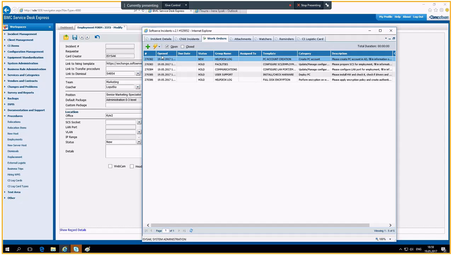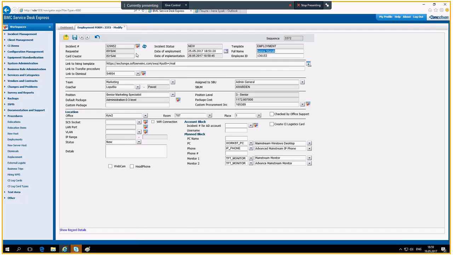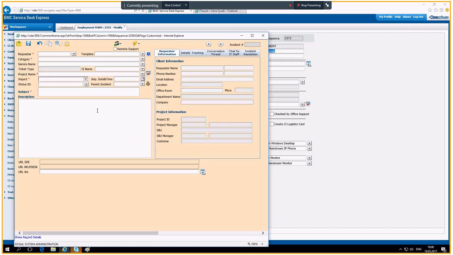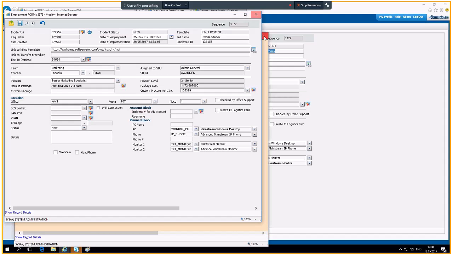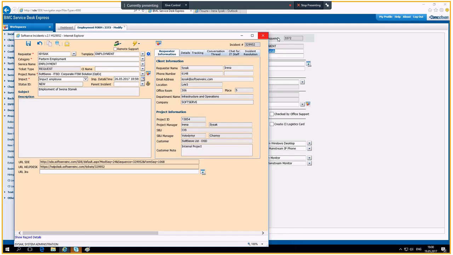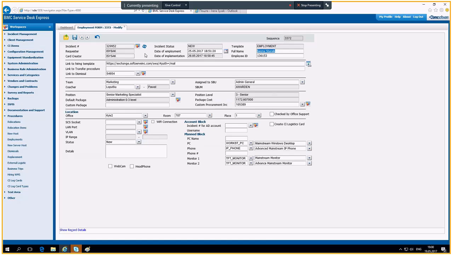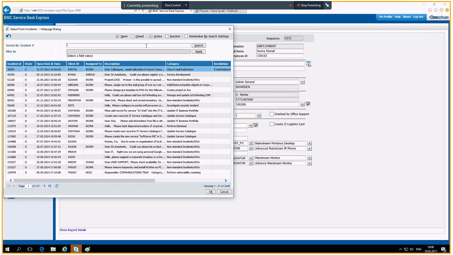And when we refresh this form, we see that the form is linked to new created incident. We can go to incident directly from form and go to form directly from incident. It's cross-link and very useful. So let's imagine that process is started and we are doing next step. So we can link here ticket for creation account in Active Directory, any,